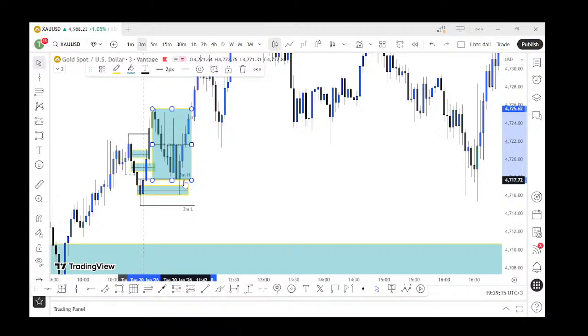When you see something like this, you have to be very careful with this market. When you see something like this, a doji, it is indecision in the market. And then we saw the market going up again, then coming down. But basing on your analysis,